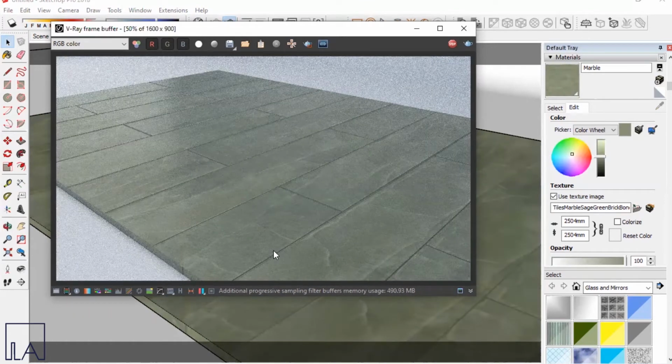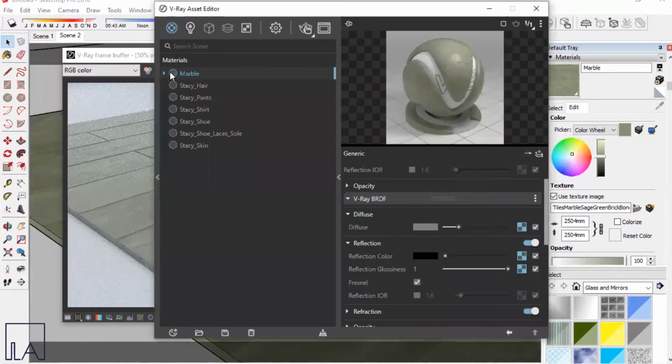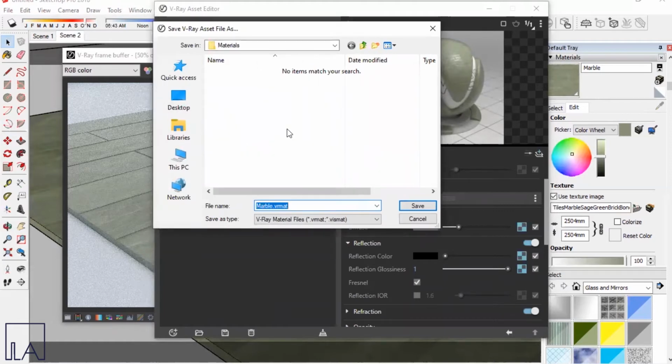As you guys can see in the render, the reflection of the material and the bump and displacement maps are working fine. So now I'll just stop the render and say we have to export this material to another file. So go to your asset editor again, choose the marble material and then choose this option which says save asset to file. So I just click on the save asset to file option and I'll get a tab wherein I can just choose the path and save my material. So I just give the name as marble and I choose the file location over here and then click on save.